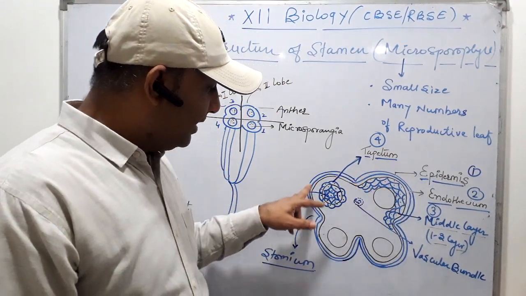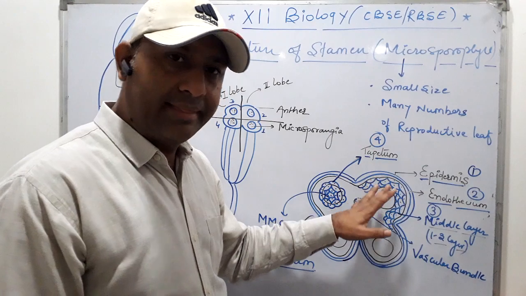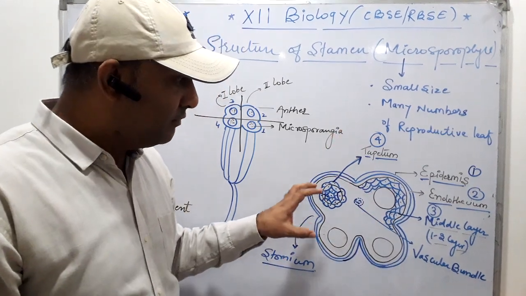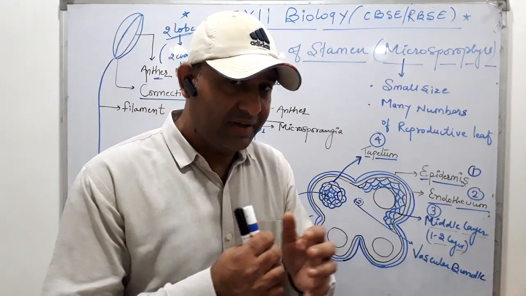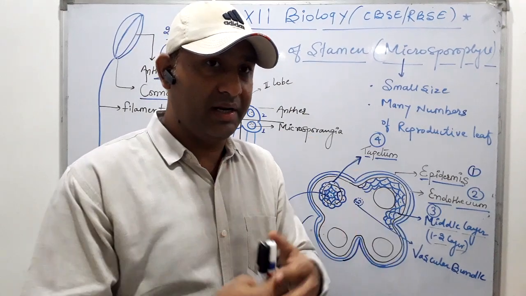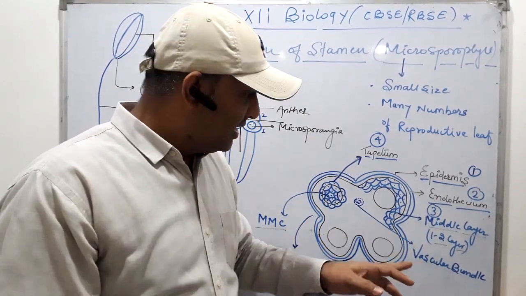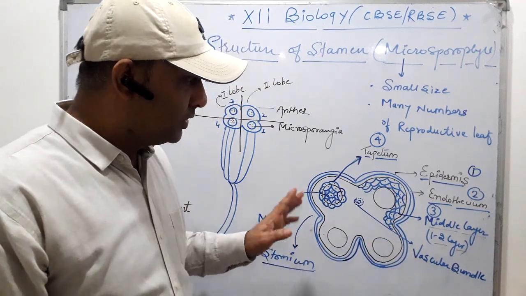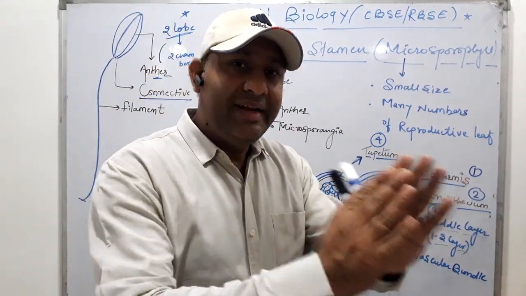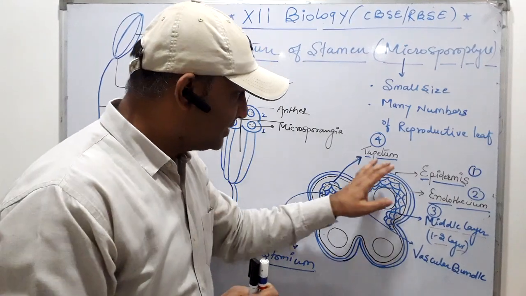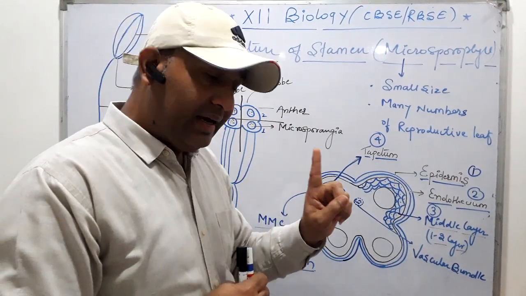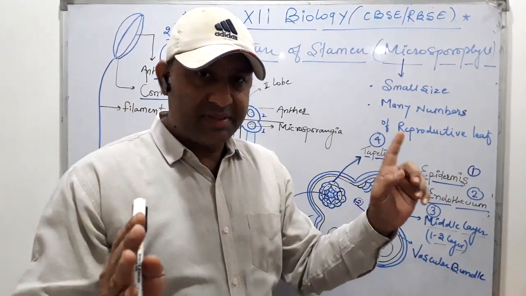The outermost layer of the anther is called the epidermis. It is a thin layer which provides protection to the anther. Clear? During dehiscence, at the maturation of the anther, when it bursts and releases the pollen grain, the epidermis is stretched and bursts at the site of the stomium. So the pollen grain is released into the environment. The epidermis is a single layer, that means a single layer of cells.